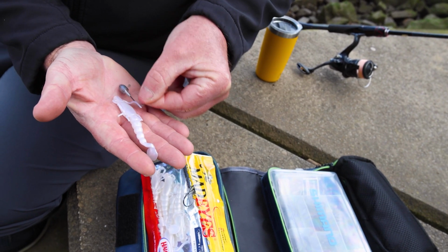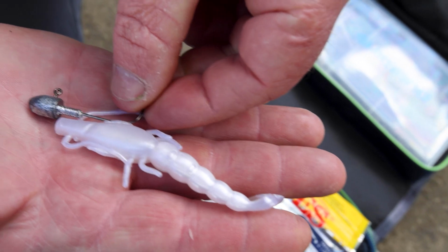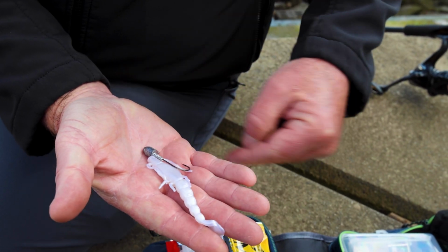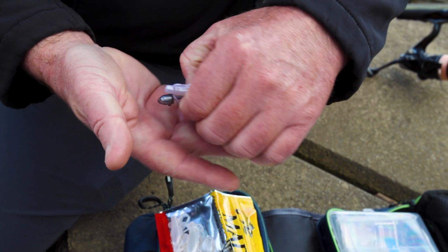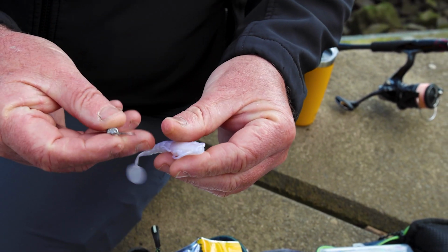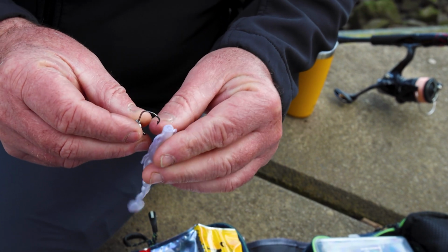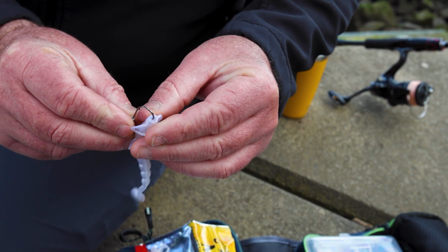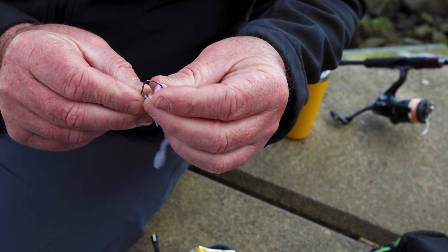First step you do is put the plastic against the jig head. And what you want to do is measure where that hook's going to come out. And as you can see, it's going to be right there. You can mark that with a pen if you want to. So next step, grab the plastic, get the hook. Remember, it's going to sit upright, and pin it in the center of the plastic. And then you're going to feed it gently